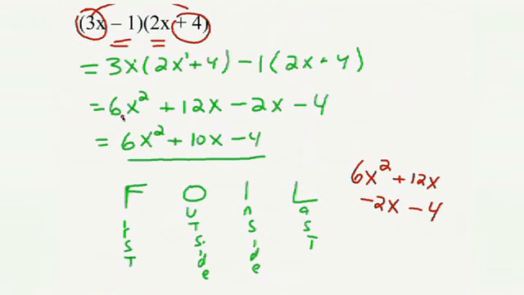They're not really that different. But I find some students find this a little bit easier because we write the steps out. In any case, I would do the same thing to finish off here. Add the 12x to the negative 2x, getting 6x squared plus 10x minus 4. So again, pick whichever method seems easiest to you.